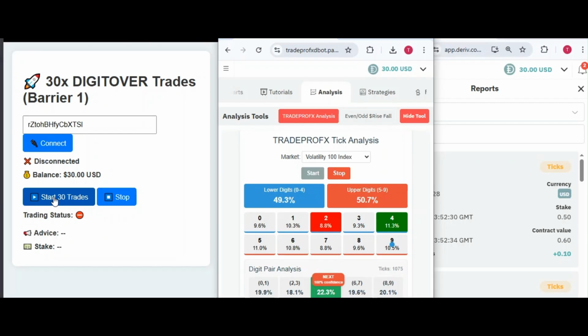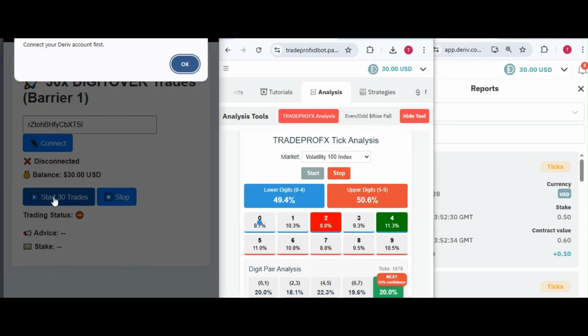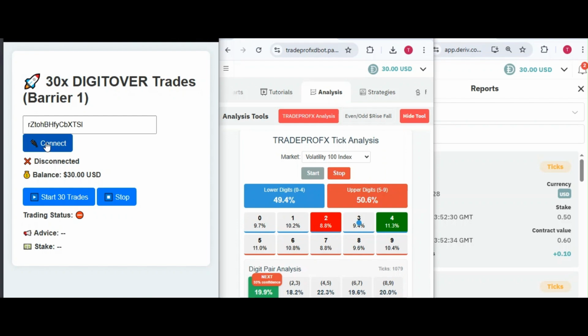Remember to avoid emotional and revenge trading. So let me connect this again. I've connected that. Let's wait again. It's getting out because of the wrong waiting. So let's wait again for it to be on the digit 6 or 7,